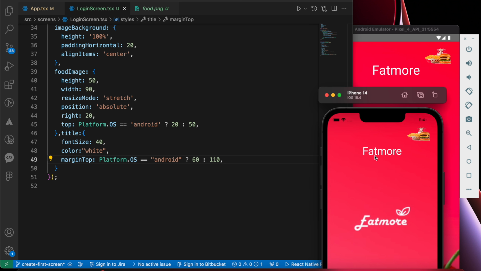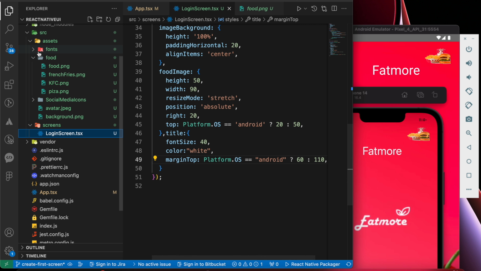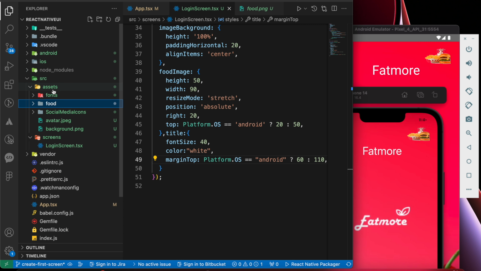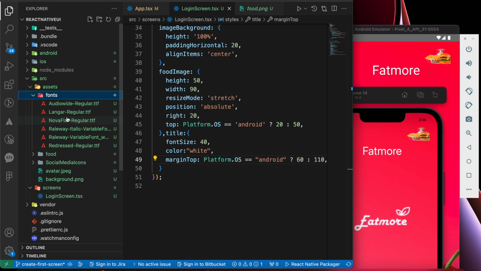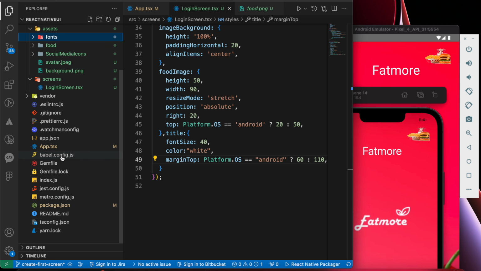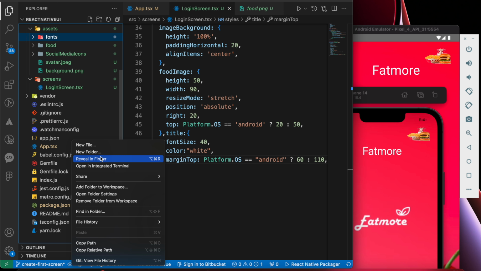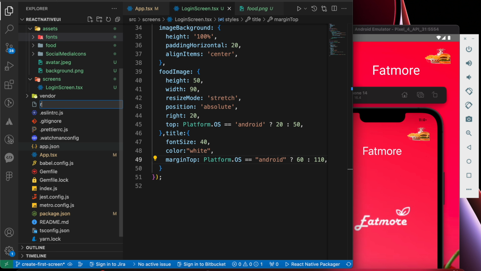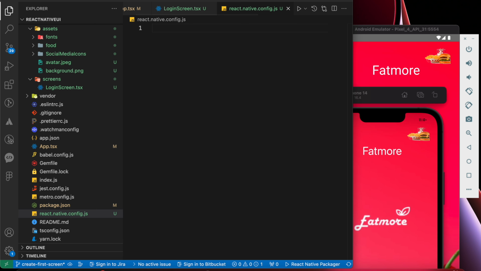Now we want to add a custom fonts. I've described before how to add custom fonts to React Native, and I'm gonna implement it right now. We have here inside our assets, there is a folder called fonts. We want to implement those fonts. All we need, we just add a file called react-native.config.js, and inside that file, you need to export that module, module.exports,